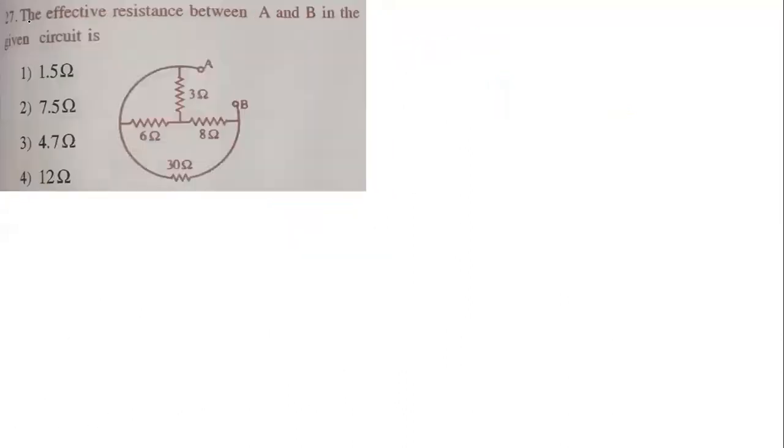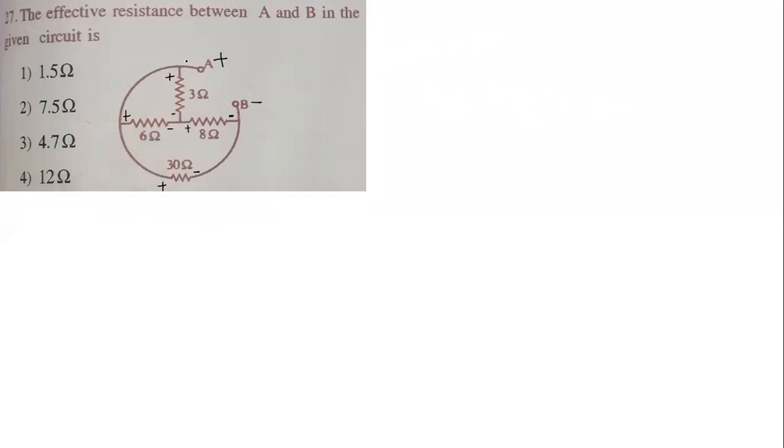Question number 27. Effective resistance between the points A and B in the given circuit. So now we need to find what combination they are. If I take A as positive, B as negative, look at this term, this side becomes positive, this side becomes positive. Since B is negative, this will become the negative side, right? And this will become the negative side, and this is positive, so this is negative, this is negative, this will be positive.